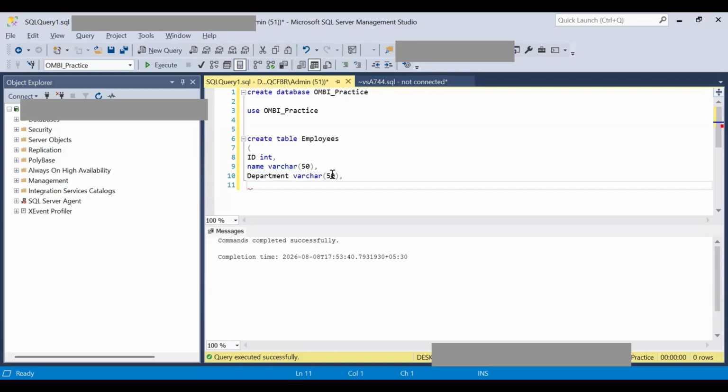Then I will say joining date, which needs to be date, and lastly I will keep mobile number, which is also a number, but since it has to hold a 10-digit number, the capacity of bigint is greater than that of int. Int cannot hold a 10-digit number, but a bigint can. Now I close these brackets. Let's run it now. Our commands are executed successfully, and